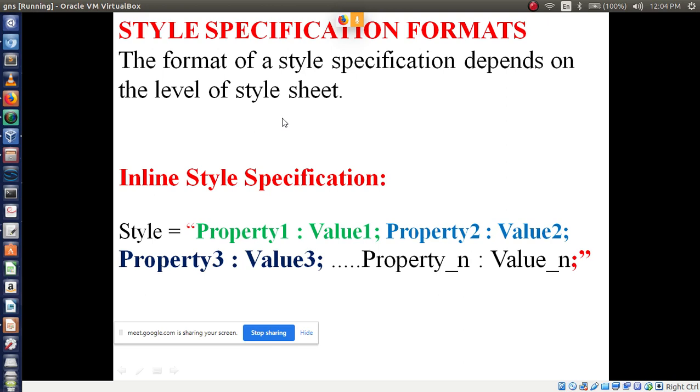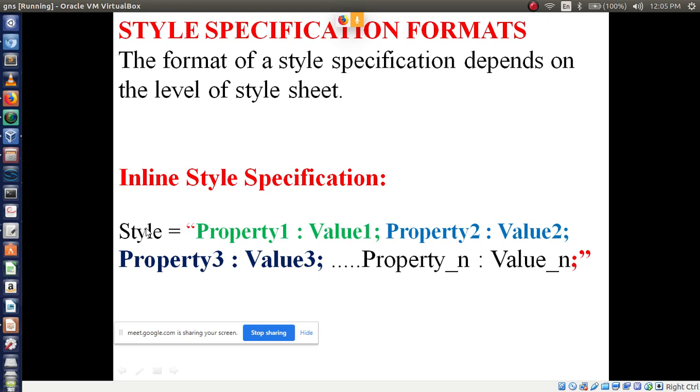So today we will discuss the syntax, how we can use different kinds of attributes to declare inline style specification. There are kinds of syntax that belong to inline style specification.